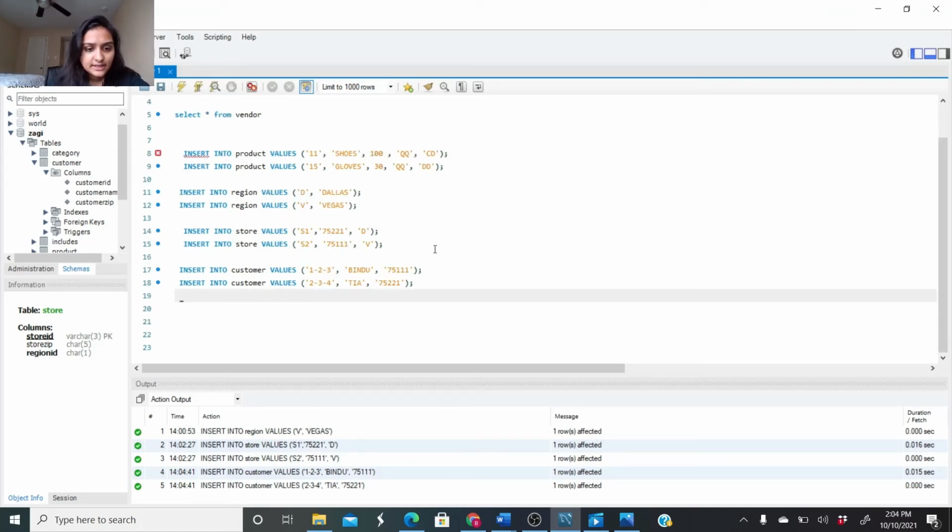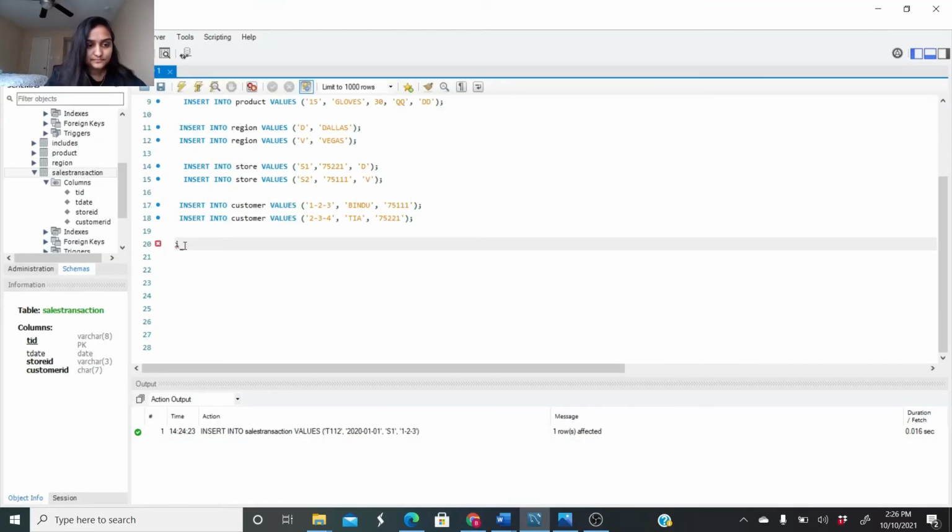So another one I can do is insert into sales transaction and values. The columns we've got are TID, TDate, store ID, and customer ID. So TID is the transaction ID. So we can go ahead and put T112, comma. For the transaction date, the date is 2020